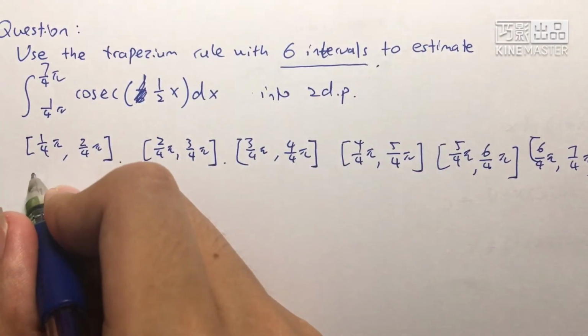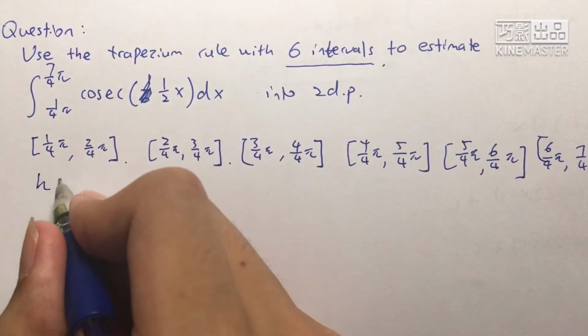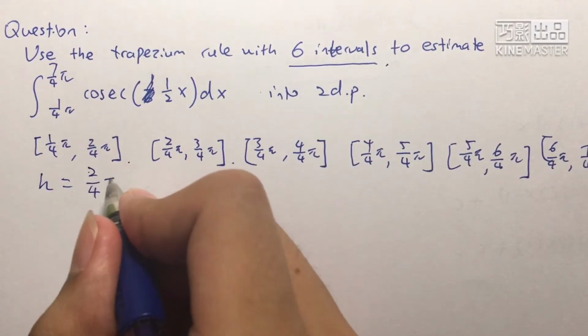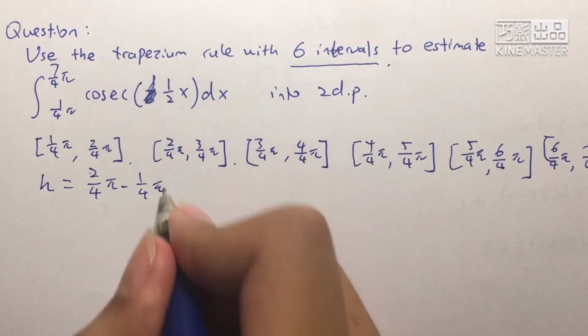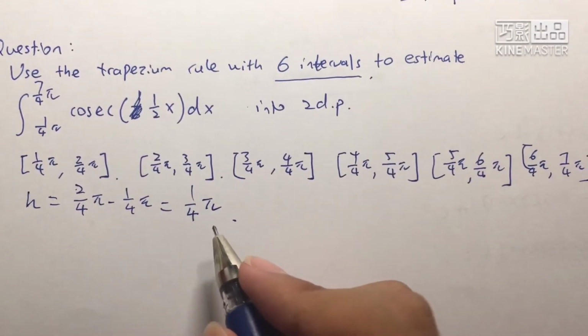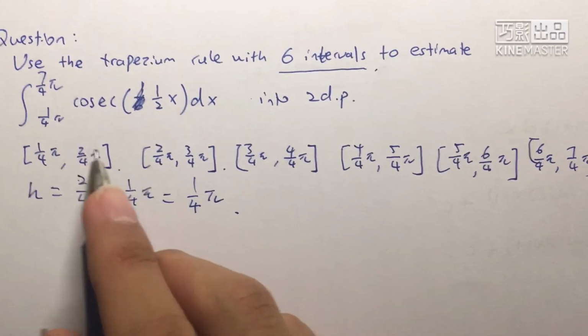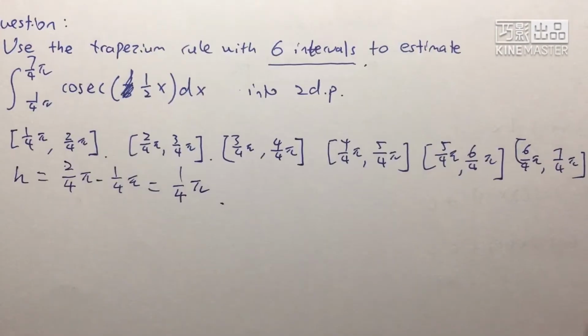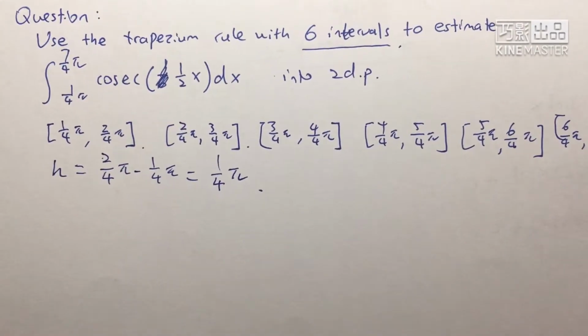And for each trapezium, the height is equal to 2 over 4 pi minus 1 over 4 pi, which is equal to 1 over 4 pi. And that is the h, so it's the same in all of those 6 trapeziums. Okay, so now let's